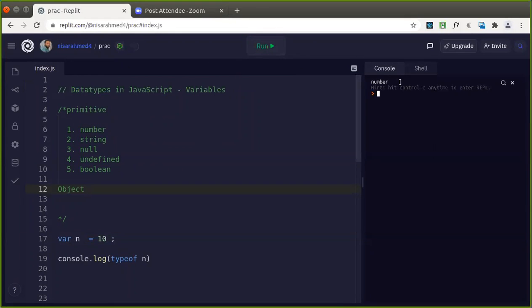It is of type number. When we assign a value, based on the value assigned, it automatically determines that it is of type numeric. So the data type given is number. That is what we mean by dynamic. JavaScript is dynamic in nature. Based on the value that we have assigned, it has automatically adjusted to the type number. Good.